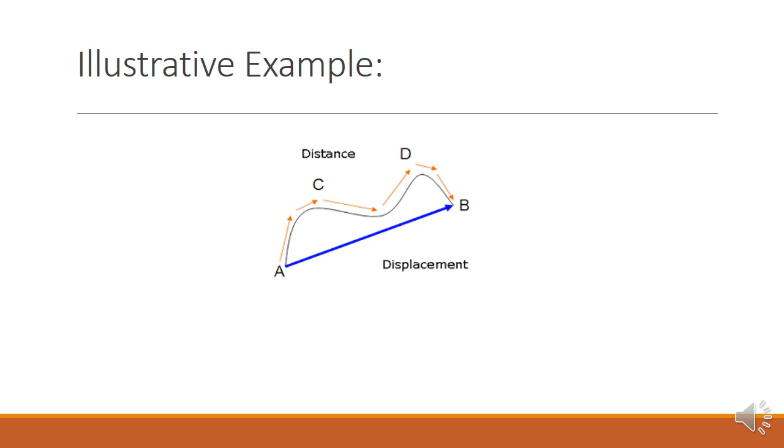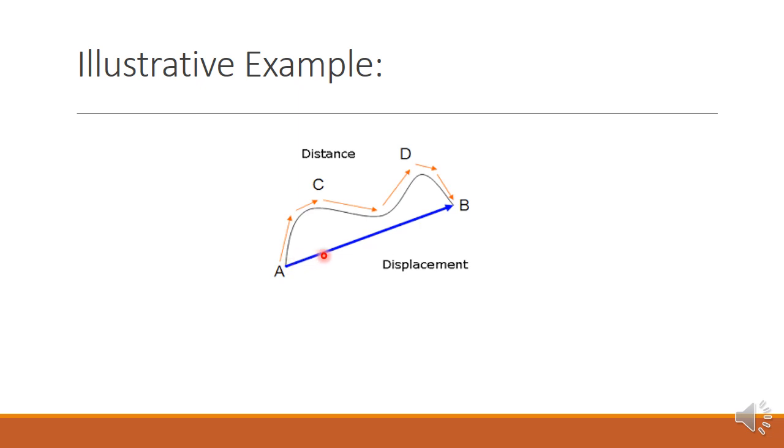And this is what we use when we are traveling from one city to another city. We cannot directly travel in a straight line from one point to another because of the obvious reasons. So when you're going from A to C, C to D, and D to B, you are actually taking a longer route compared to the direct route from point A to point B. As you can see over here, A to B is the direct shortest path that we can have.